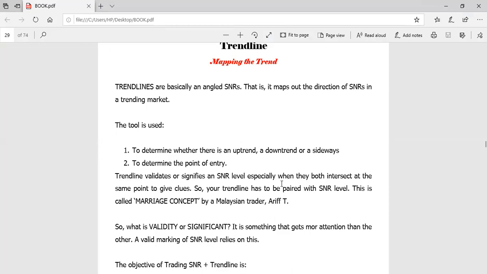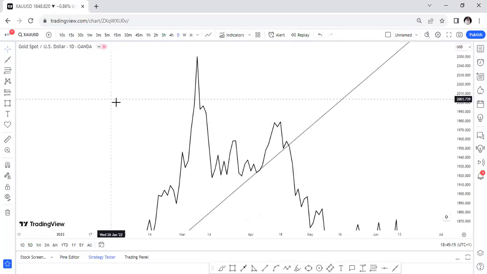So what is validity or significance? It's something that gets more attention than the other. A valid marking of an external level relies on this. So you must make your line more significant. How do you make it significant? By intersecting it with an SNR, another SNR or another trend line. One trend line could cross from above, and the other could cross from below to meet. At the place of their meet, for example, we have this here now,